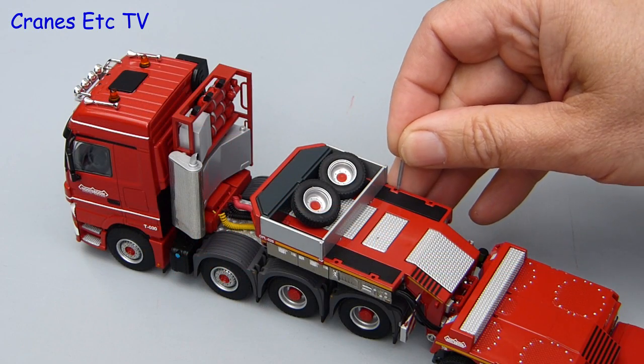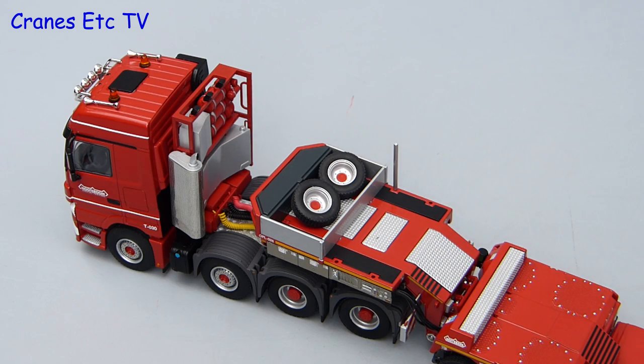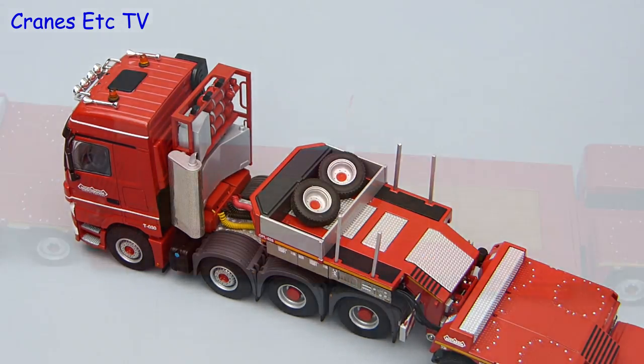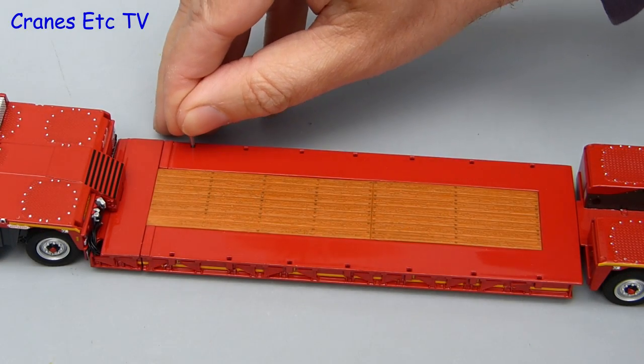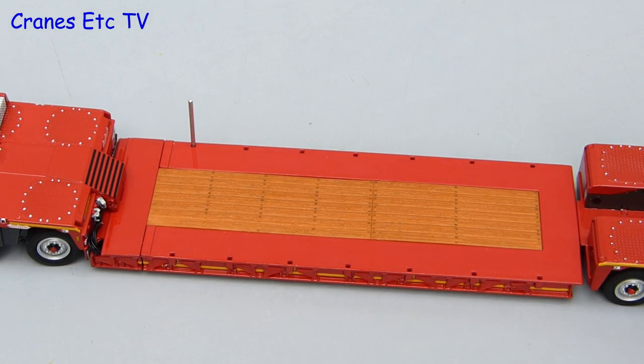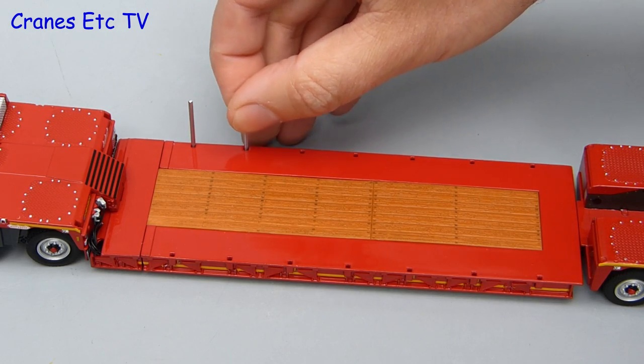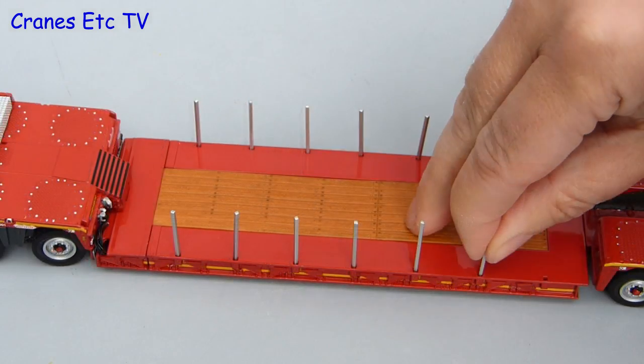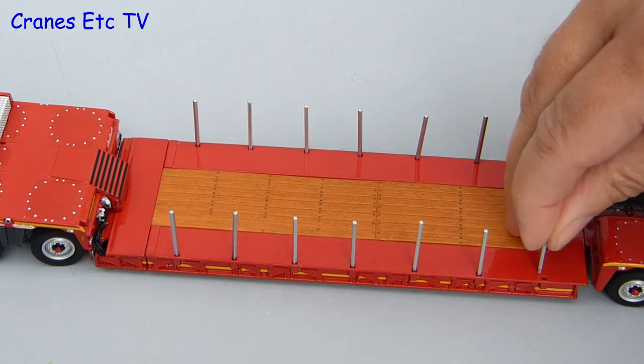There are some other detailed configuration possibilities, and one is to add deck posts, and you can put 4 just on the gooseneck if you like. Or the other possibility on this low loader is to put deck posts on the deck bed. There's quite a lot of them, so if you want to see me put each and every one in, please shout yes. Okay, I can't hear anyone saying yes, so I'll cut to the end, and there's all the deck